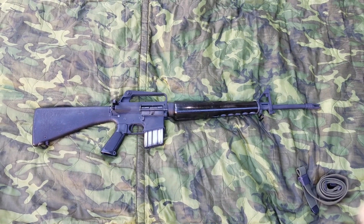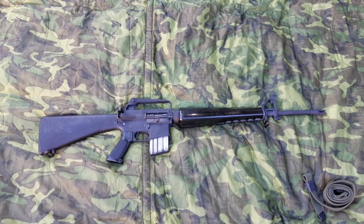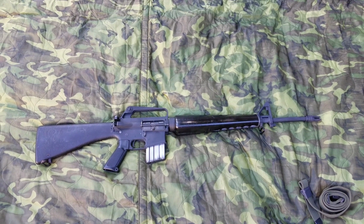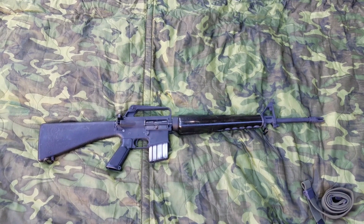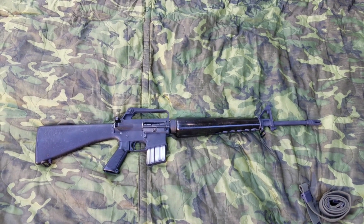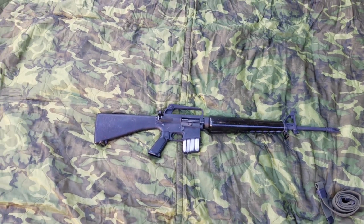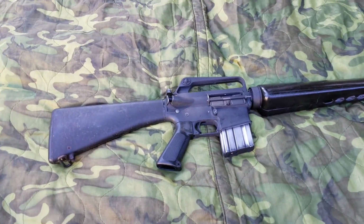How's it going, guys? Today I'm just kind of showing off my update on the Tech M16A1. But the thing is, it's no longer an M16A1, it's now an XM16E1. And I'll just kind of go over all the details and so on and so forth. But yeah, guys. So I'm going to go ahead and start off with the